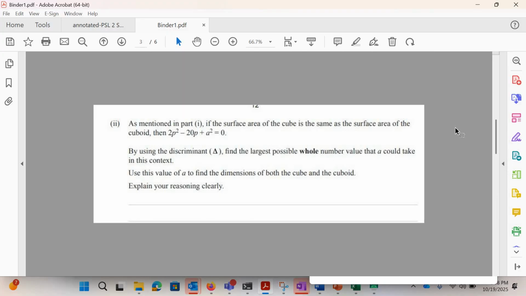The next question, as mentioned in part 1: the surface area of the cube gives this equation over here. But then, by using the discriminant, find the largest possible whole number value that a could take on in this context. So they want me to solve this equation using the quadratic formula. That's the discriminant. So the next step is,